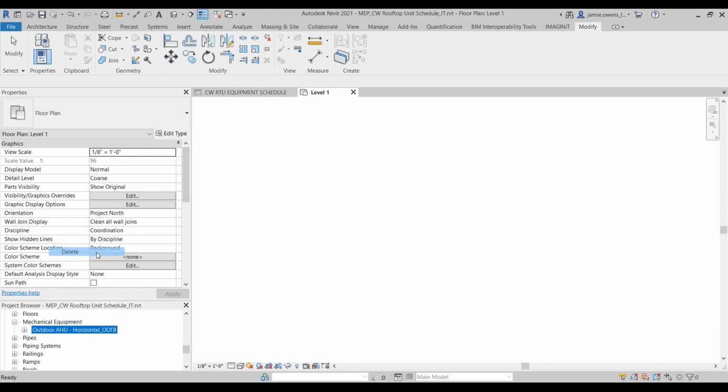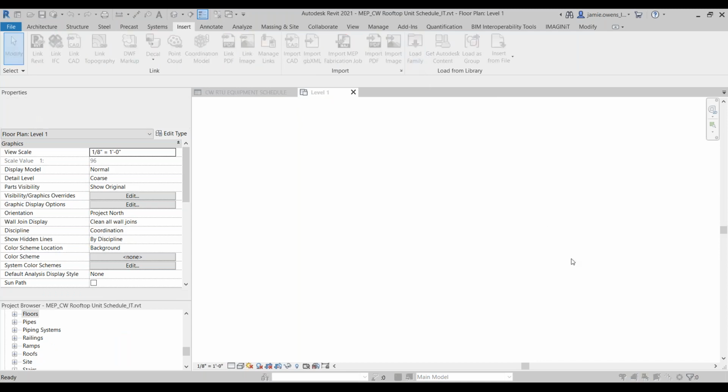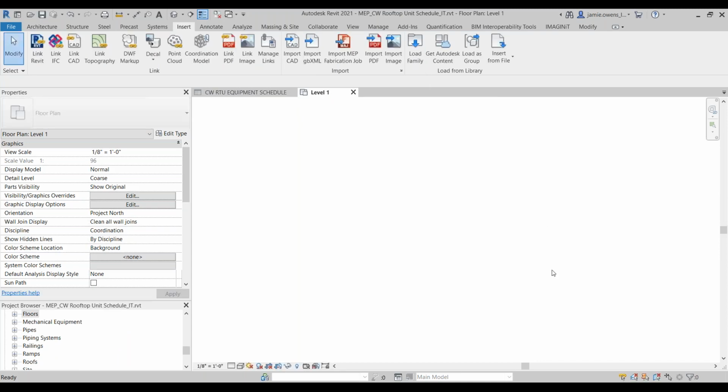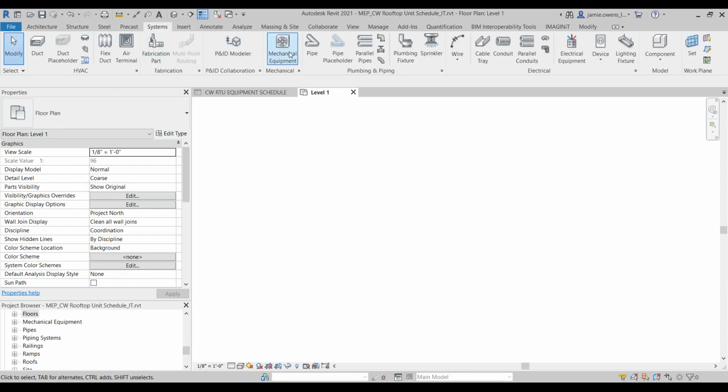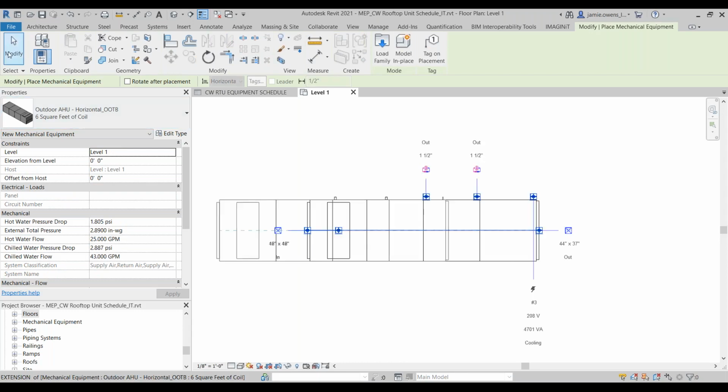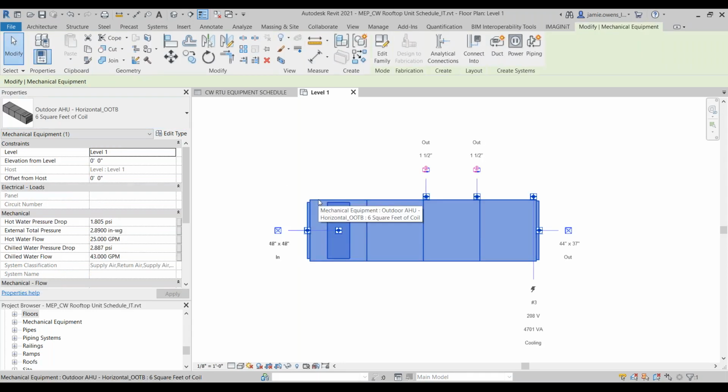I'm going to delete this one out. All right, so I'm going to come back in here. I'm going to insert that original one. Again, that's not saved. All right, I'm going to go to systems and place that equipment. There it is. All right, so now what I'm going to do is I'm actually going to edit this family,